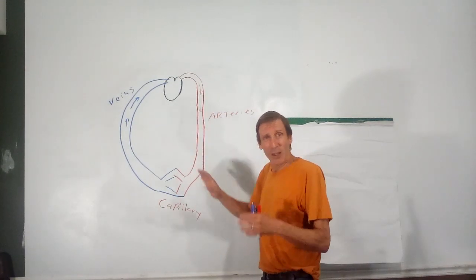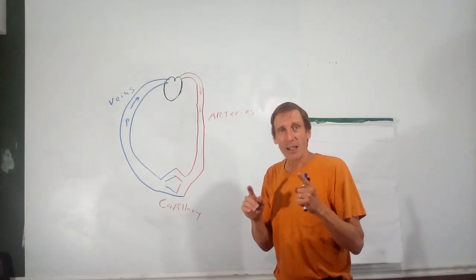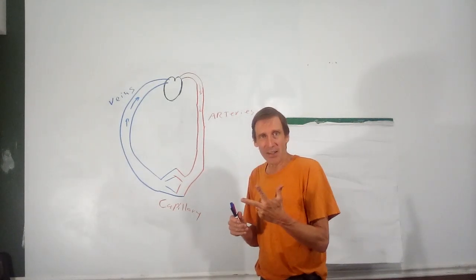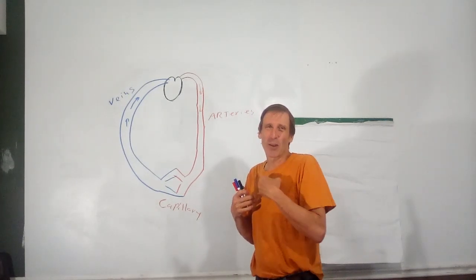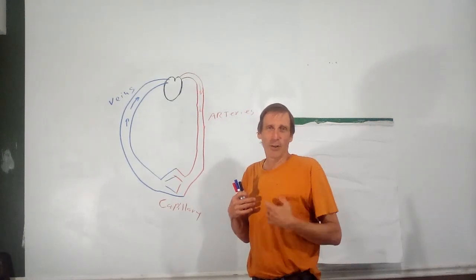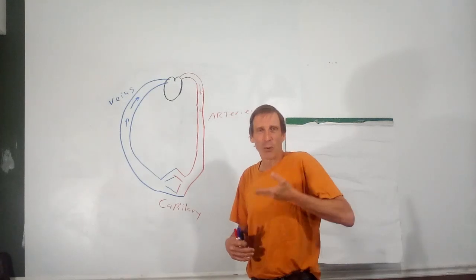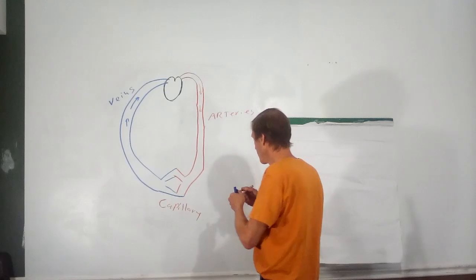Now, because we're humans, we like to put things in smaller subcategories. So what we're going to do right now, we're going to take the arteries and split them into 3 different sizes. It's kind of intuitive, their descriptions, and there is a continuum. The arteries gradually change as you go from the heart, the aorta, down to the smaller arteries. There's a gradual change in histology and the characteristics of the wall. We kind of make these sharp divisions. The 3 types of arteries we'll look at will be